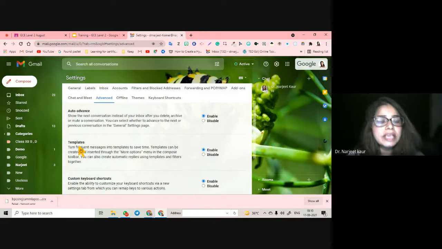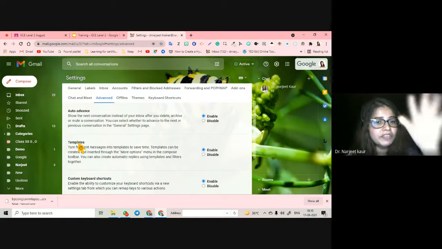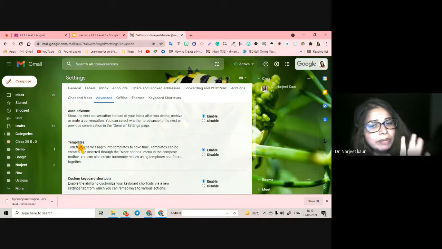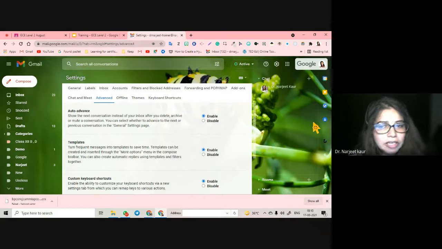Same, I used this template when I was creating my GEG invitations. One template I had created for my GEG, that I am doing this and this, and I attached that template to every person that I was sending. I might have sent it to 100 people, but because my body of the mail was ready, it was very convenient for me. तो मेरे को बार बार कॉपी पेस्ट नहीं करना पड़ रहा था, बार बार सिर्फ टेम्पलेट आपने अटैच करना है. Right? How do we do that?